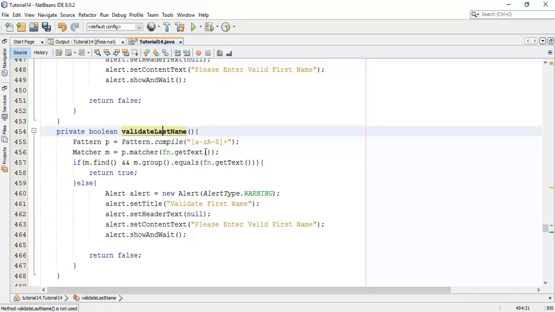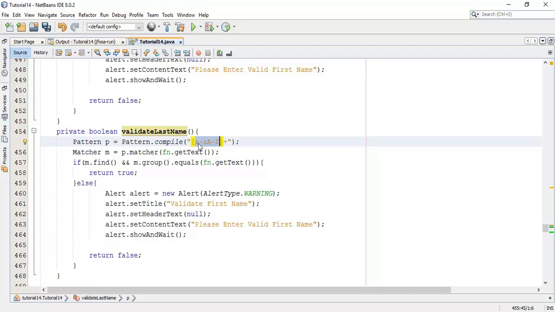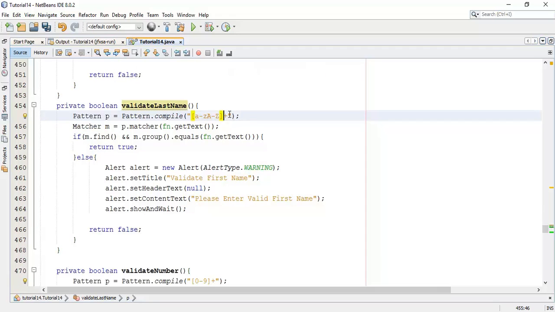The pattern will be that the last name contains A to Z lowercase or uppercase letters, and the characters must be one or more, for that it's a plus. Then we import the last name and check this pattern against it.